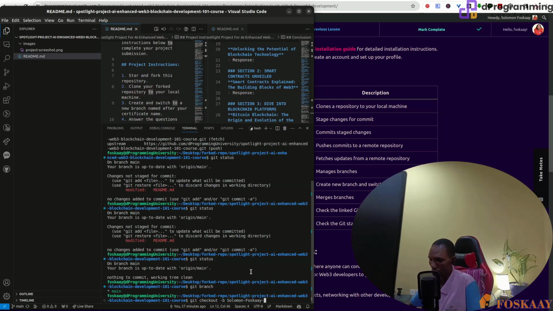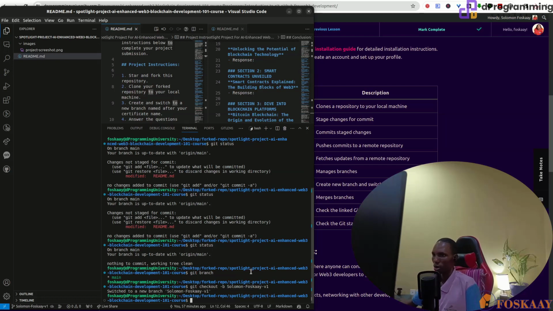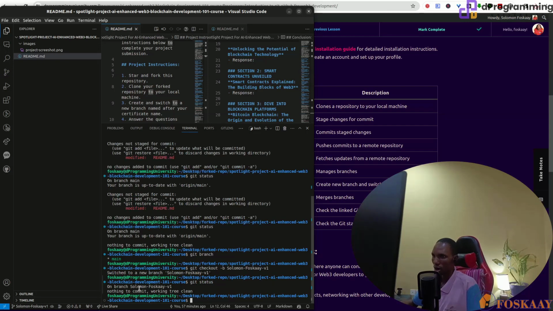Let me do V1 so that you have an idea of it. That is not just the GitHub name. You see it now. Switched to new branch. Do git status. And then on branch Solomon, nothing to commit. You see that your branch is up to date or something, because this is not linked yet to the upstream,